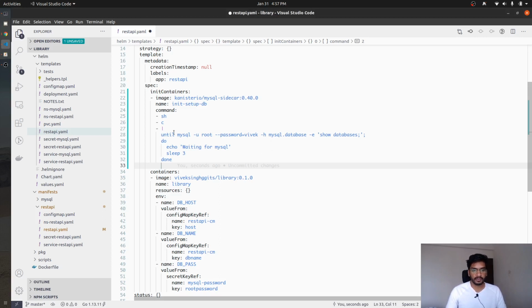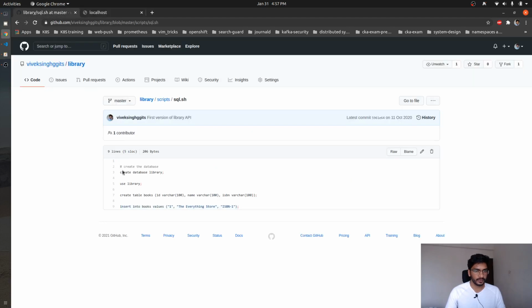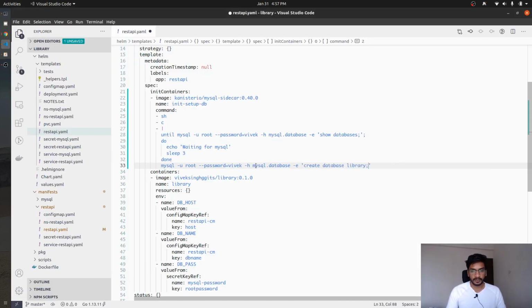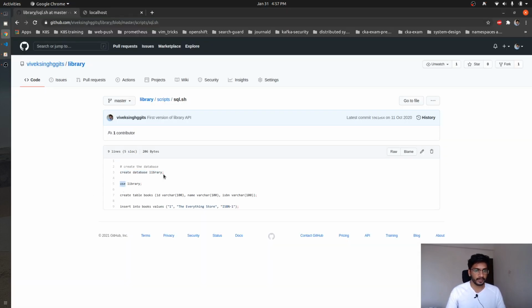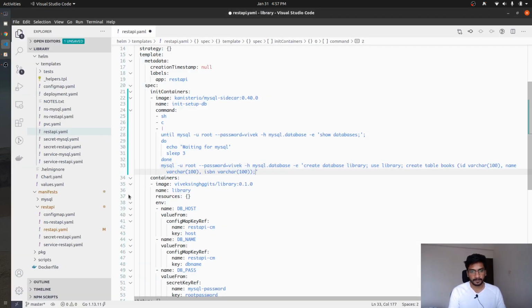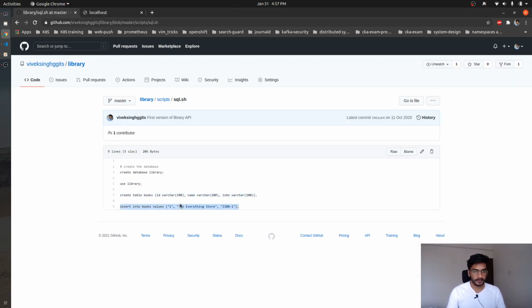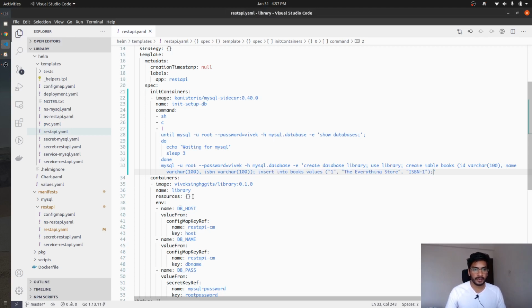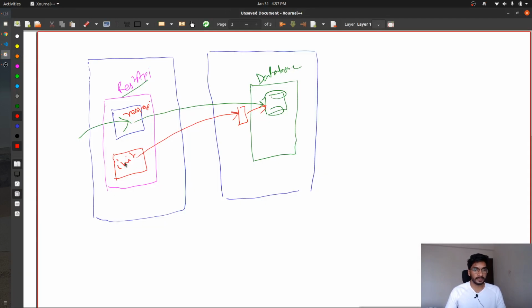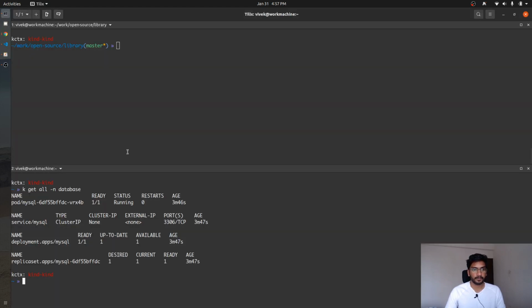And once we have made sure that the database is ready to accept the connections, what we are going to do is we are actually going to run some commands to create a dummy database and then insert some records into that database. And yeah, this is pretty much it, what we have to do to configure this init container that we talked about. Now let me just go ahead and try to delete this application,